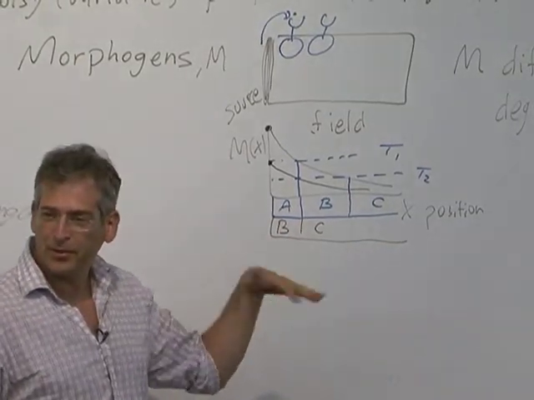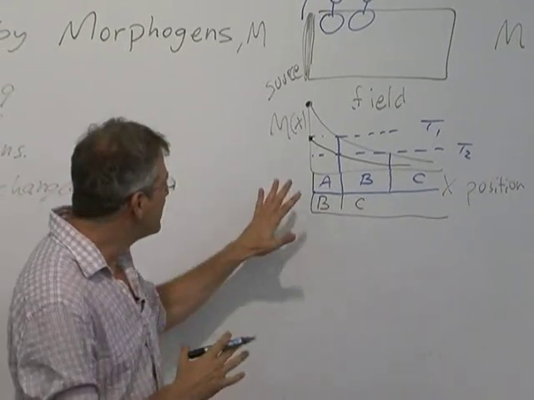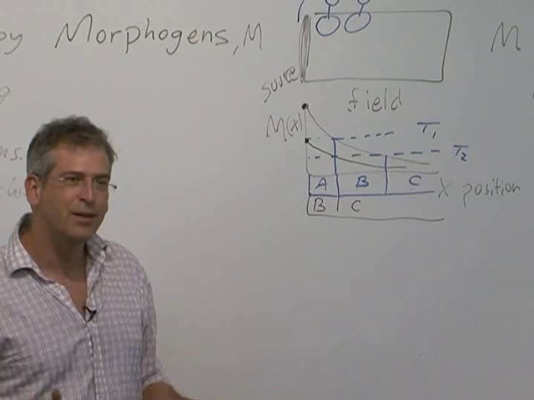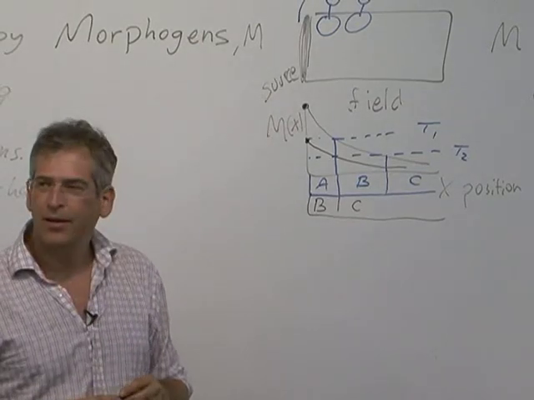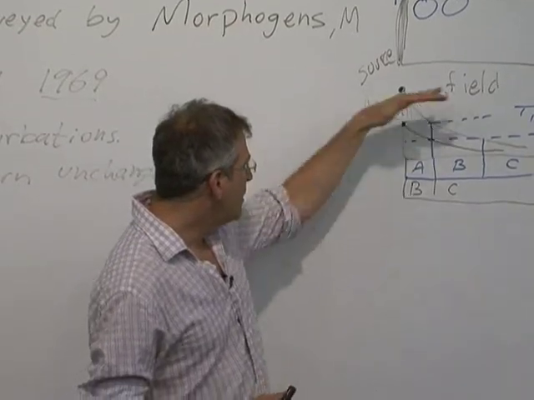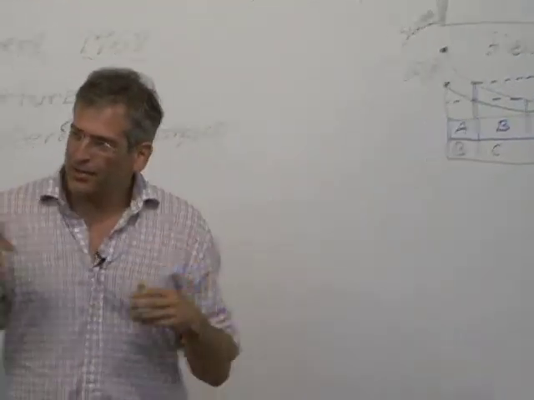Okay, so that's what you expect to happen, just naively. But it doesn't. You drop this to 50% and you get the same pattern. So how can that be? Okay, so let's start analyzing it and see.